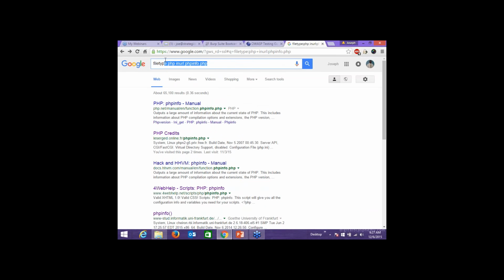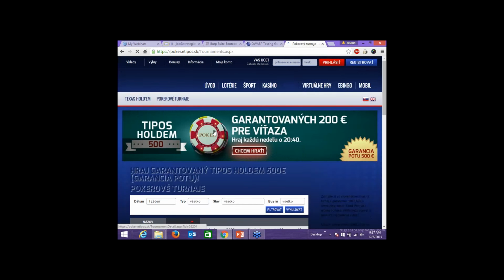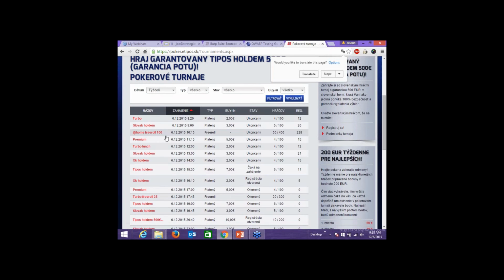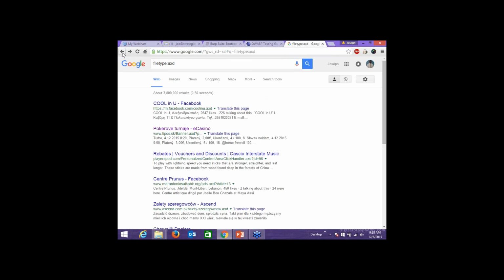There's other files like file type AXD, right? And you'll see that these AXD files have all kinds of juicy information in them. There's all kinds of data in these suckers, right? Bad boys are always full of data. Again, the problem with this kind of stuff is